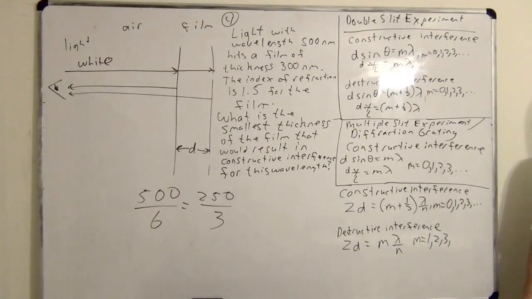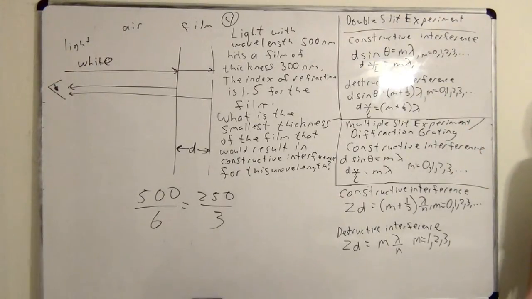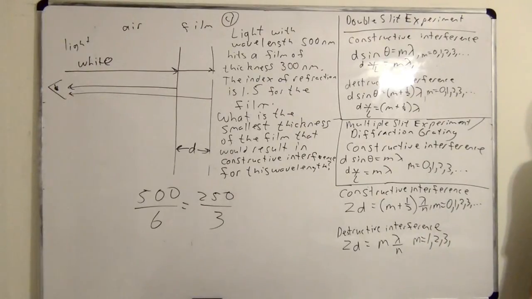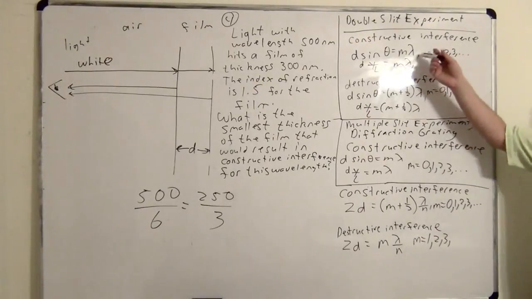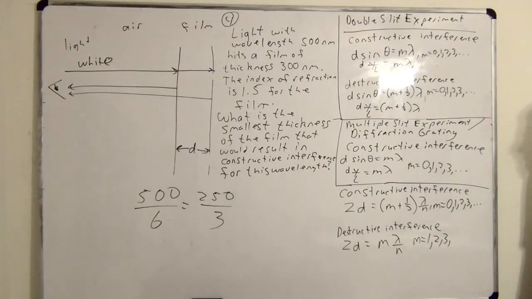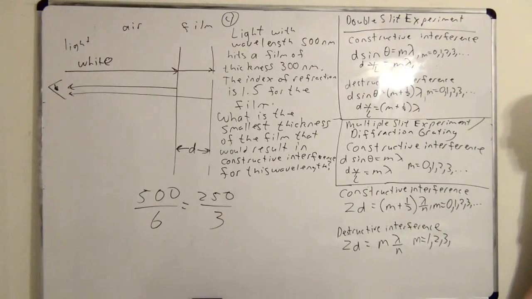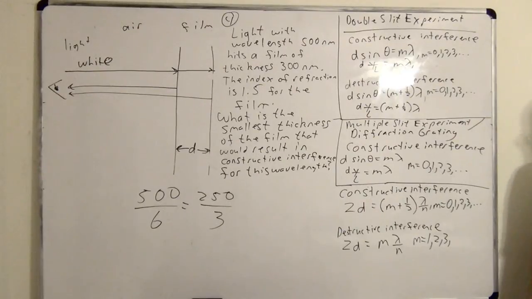I think by now you're probably used to thinking that the 1/2 equation is always destructive. So I know you wrote it down correctly in your notes and you did the problem right, but notice if someone doesn't check their notes and they just go on memory, they can easily misremember this equation because it seems like it's the opposite of the earlier equations. We didn't really explain why the 1/2 is in the constructive equation here. The book does the proof for why there's a 1/2 here, but anyway, that's something to watch out for.